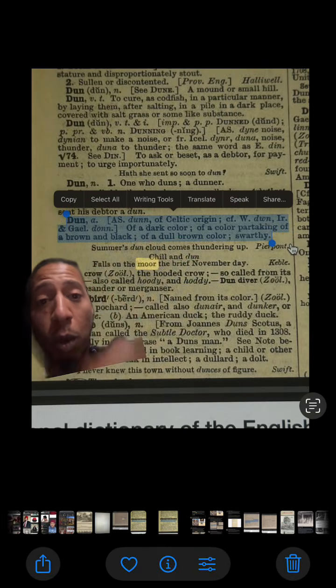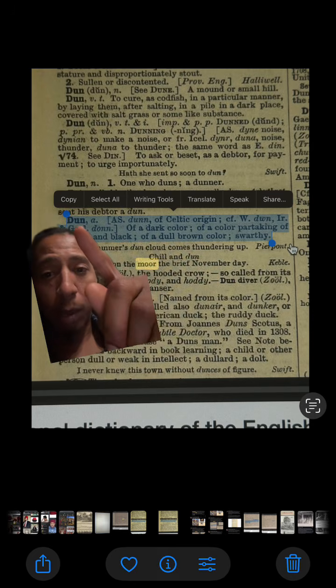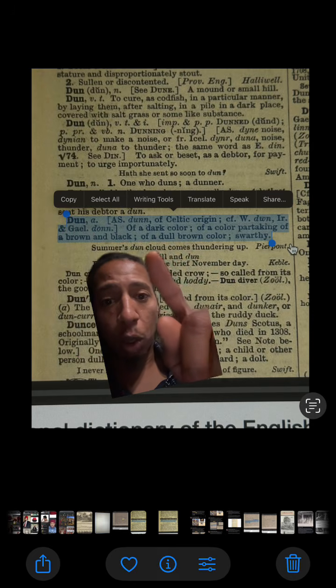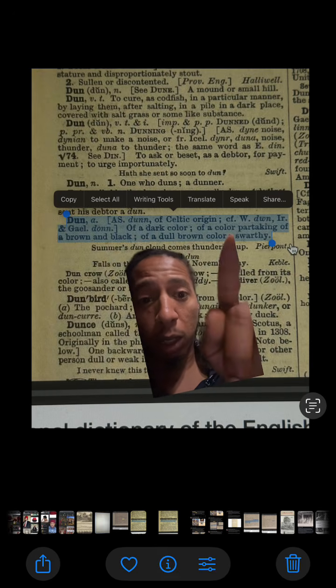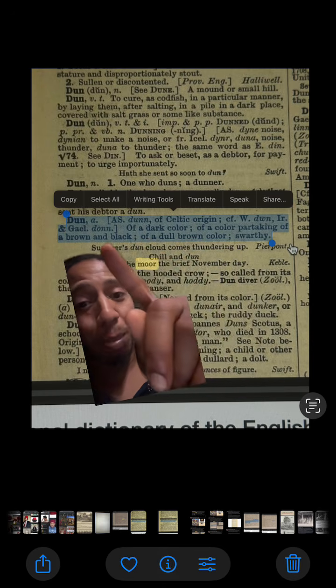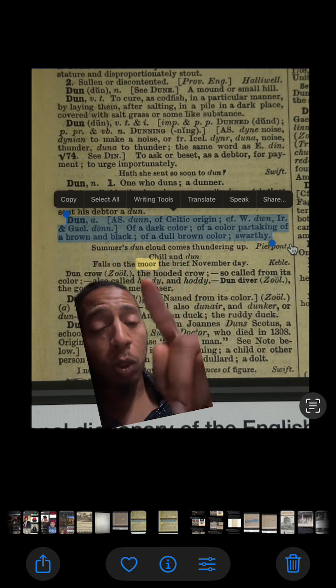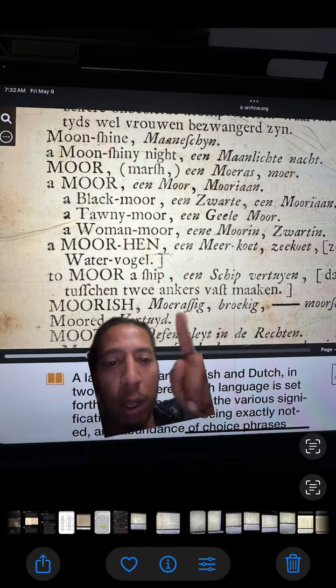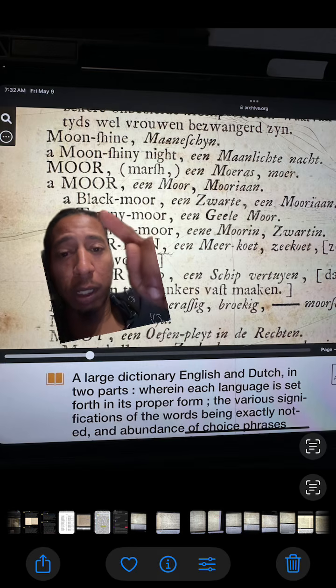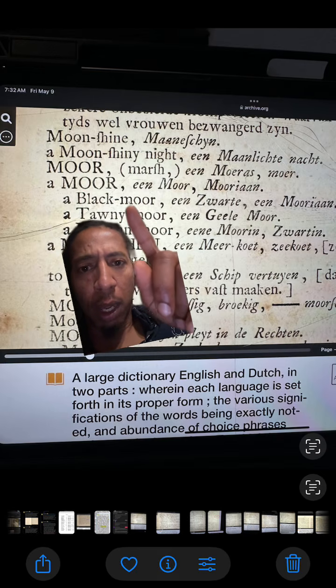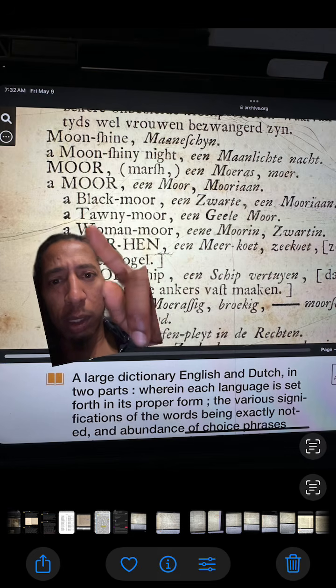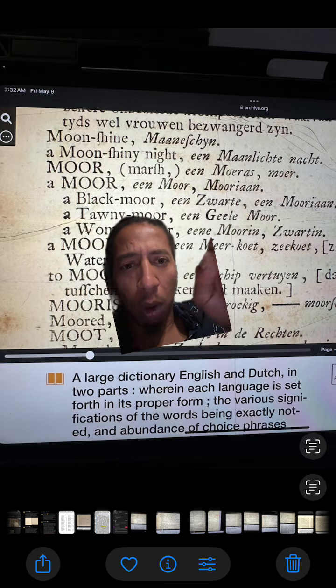Those people are crazy. But either way, if you came under surnames like Dunn, and Dunn shows of a brown complexion, of a dark color pertaining to brown and black. Swarthy, okay? Brown, black, swarthy, not pale white. But also it says the word Moor here, used as an example. Another old dictionary, English to Dutch translation dictionary, really old. A Moor is a blackamoor, zwart, tawny, woman Moor, okay?